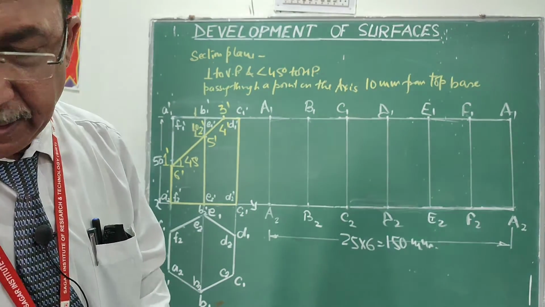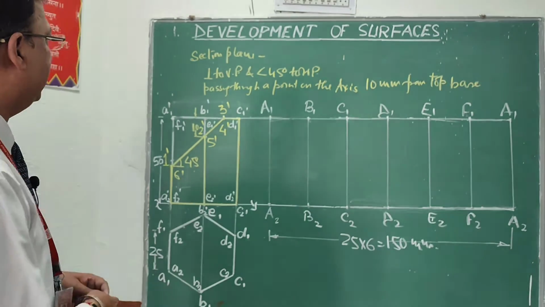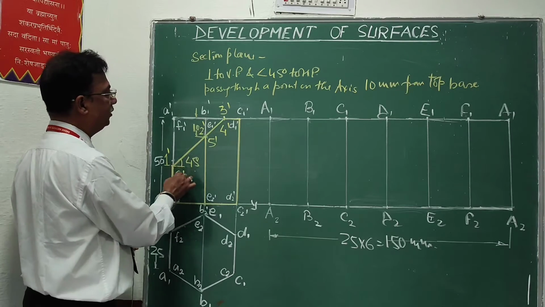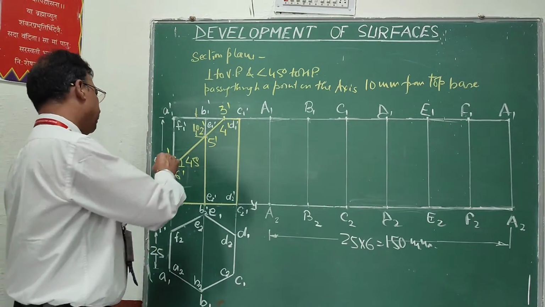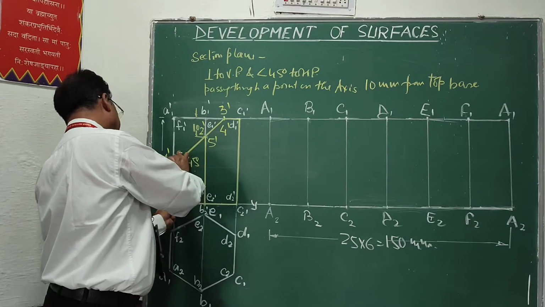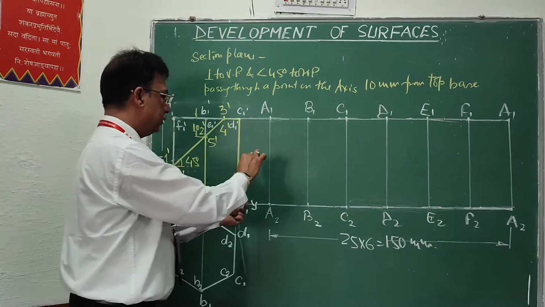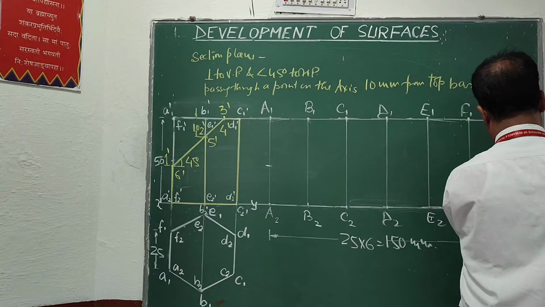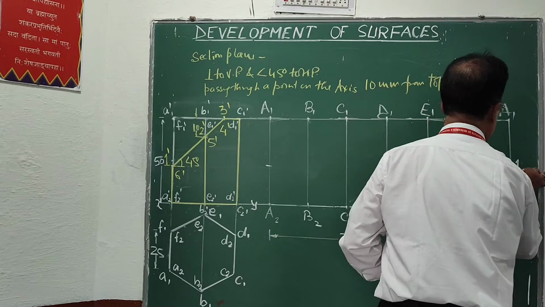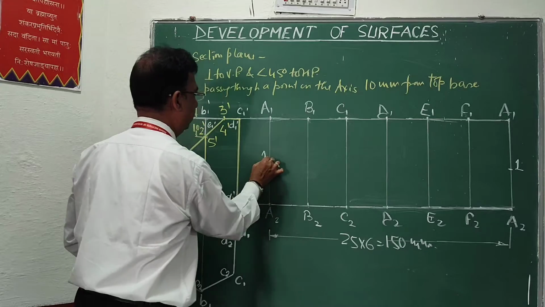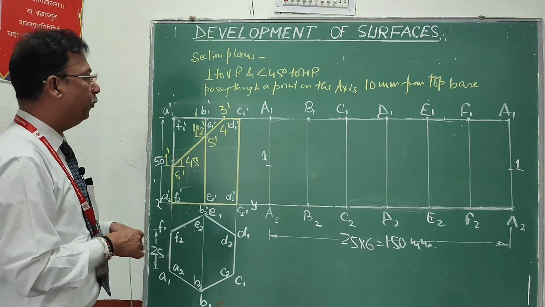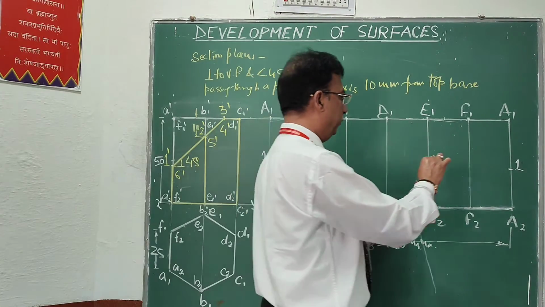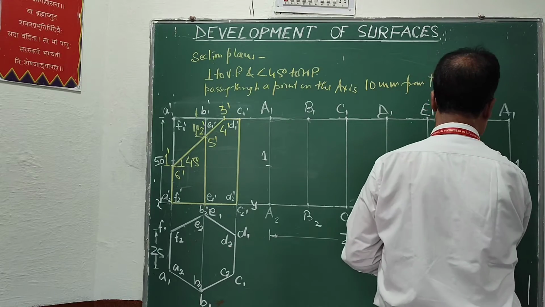Again, as you know that in the case of prism, the heights, the distance of the point from the base will be always true. So the distance of 1 dash from the base, 6 dash, 2 dash, 5 dash are true distances. So simply pick with the help of a divider, A2 dash to 1 dash will be equal to A2 to 1, and A2, A1 will be repeating. So again we will get 1 point. So this is point 1 and this is also point 1. Same distance will be for the point 6, that will be from F2 dash to 6 dash, and that will be from F2 to 6.